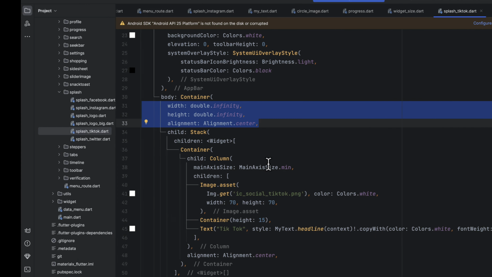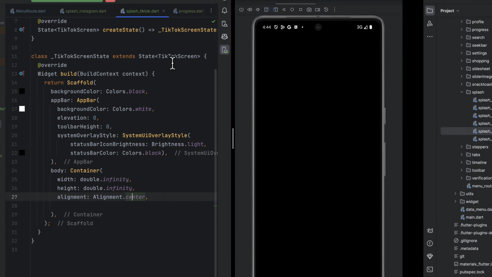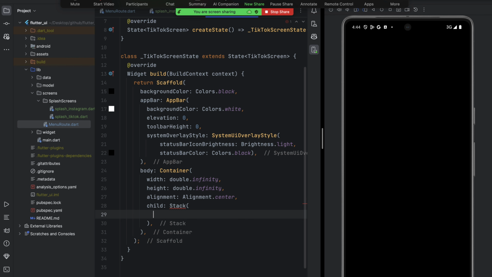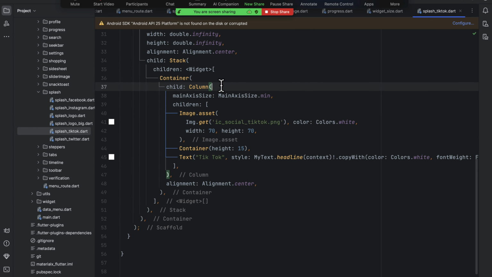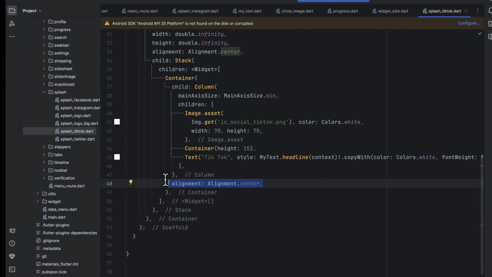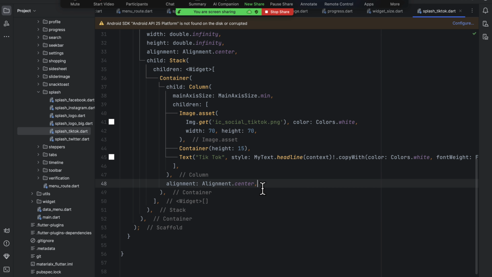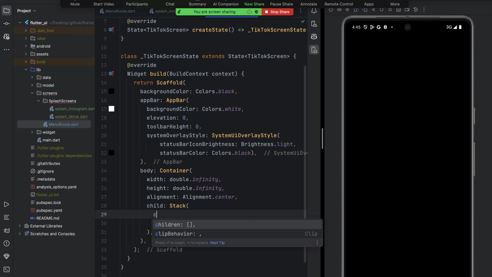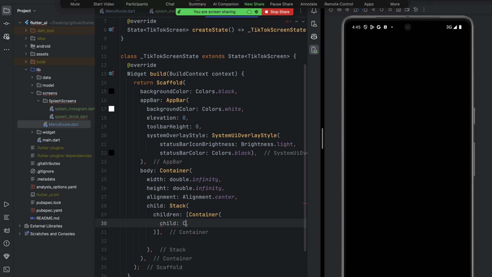Okay, so after that we're going to give it a child that has a stack. So this stack is going to have children, of which I'm going to explain. I have to give maybe this align center. The stack is going to have a child, I mean, it's going to have a container, and the container will have a child of column. So give this one a child of container, and then we're going to have a child of what? Of column,